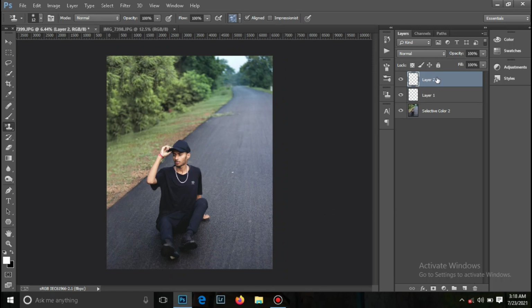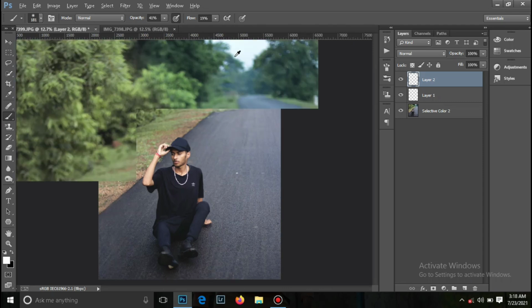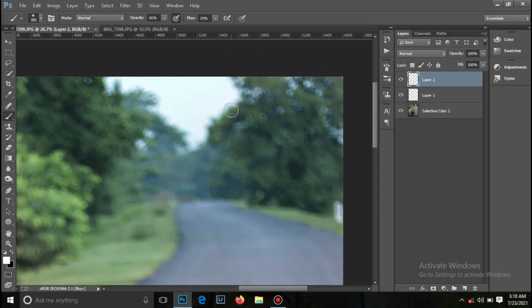So make a new layer, an empty layer, which you can make by here. Then you have to go to the brush tool, paint brush tool. So firstly we will target the sky. What I would like to do is that we will target our sky areas and bloom it out with white color or something like goldenish white.